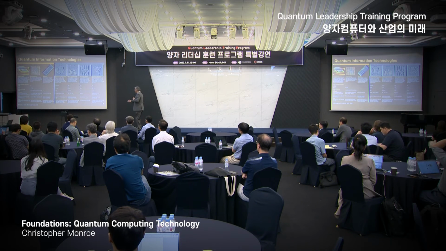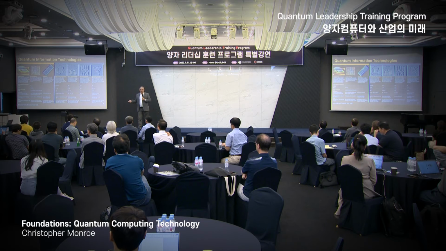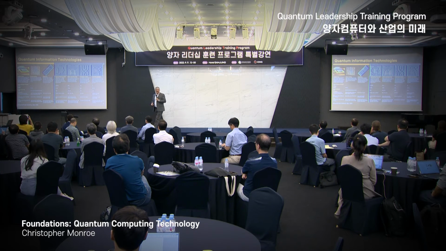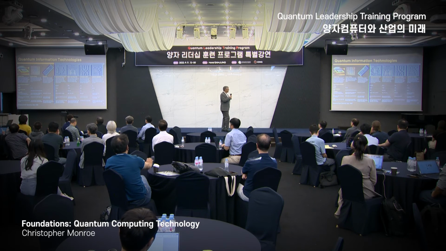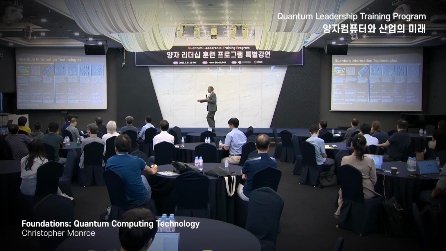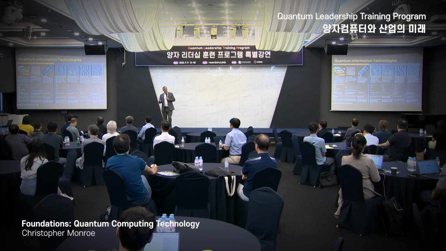So this is a slide that I stole from Science magazine about 7 years ago. It was just a review article that the editors wrote summarizing all the technologies out there for good qubits and building a quantum computer. And so these are all exotic in their own way. And I like to break them out into the 4 on the right and the 3 on the left. And there's probably a few more you could add in here. The 4 on the right are so-called synthetic qubits. These are qubits that are man-made.